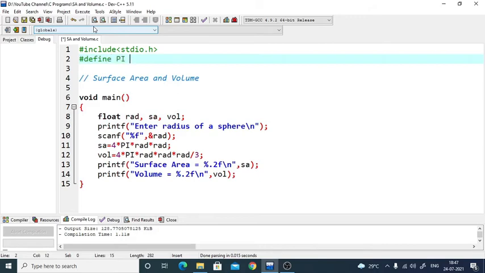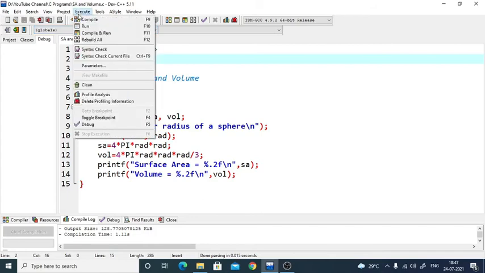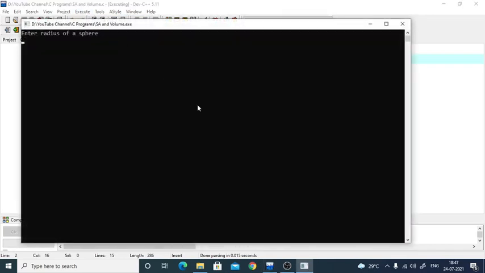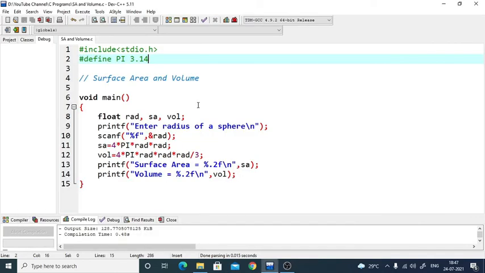The macro name is pi and the macro body is 3.14. The rest of the program is going to be the same. We can see that by compiling and executing. So compile, it still compiles properly, execute, and you're bound to get the same answers because the effect is the same, only the method is different.